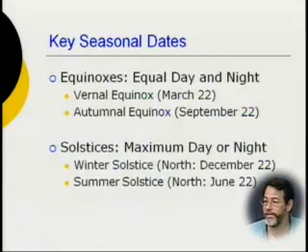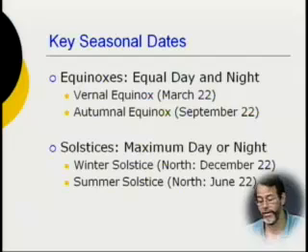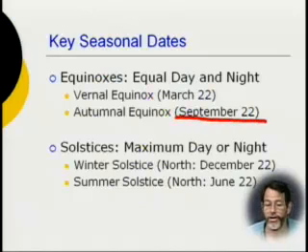You might notice that even today, speaking for the northern hemisphere people, we're getting more sunlight. The days are longer than the nights right now. So today, you're going to have more daylight than nighttime. But that's going to change next week. On September 22nd, they're going to be about the same. It'll be equal day, equal night, which is an equinox.